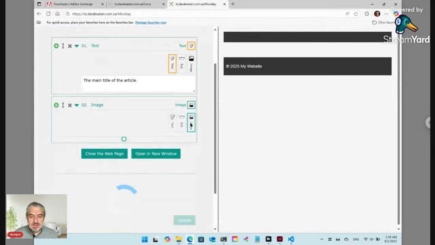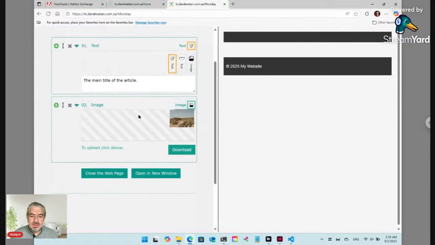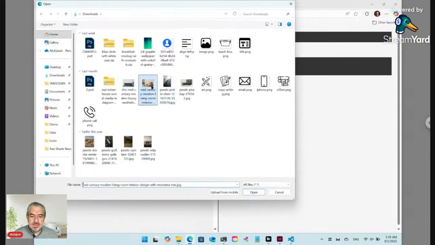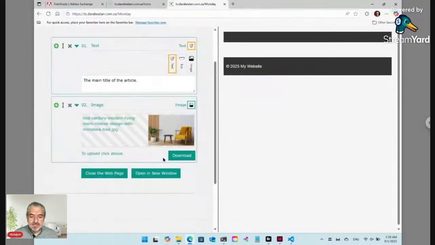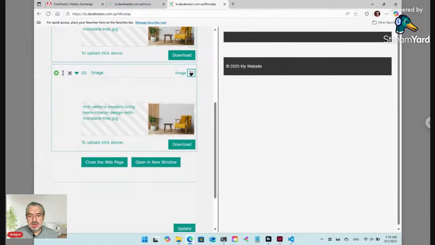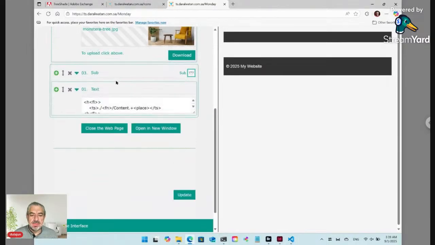Here let's add image. And then let's add new items. And here let's select container, sub-content. Here the text